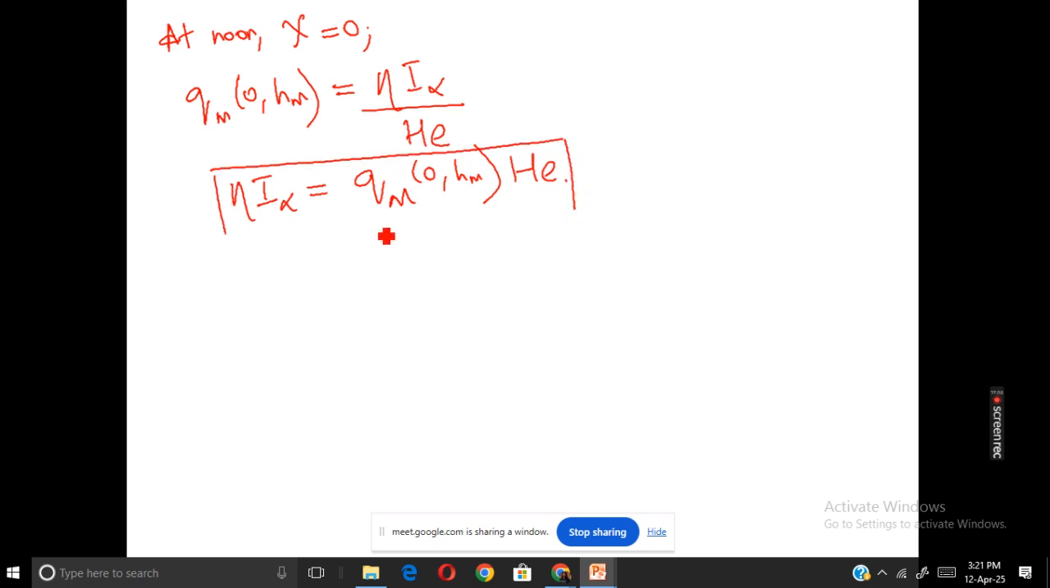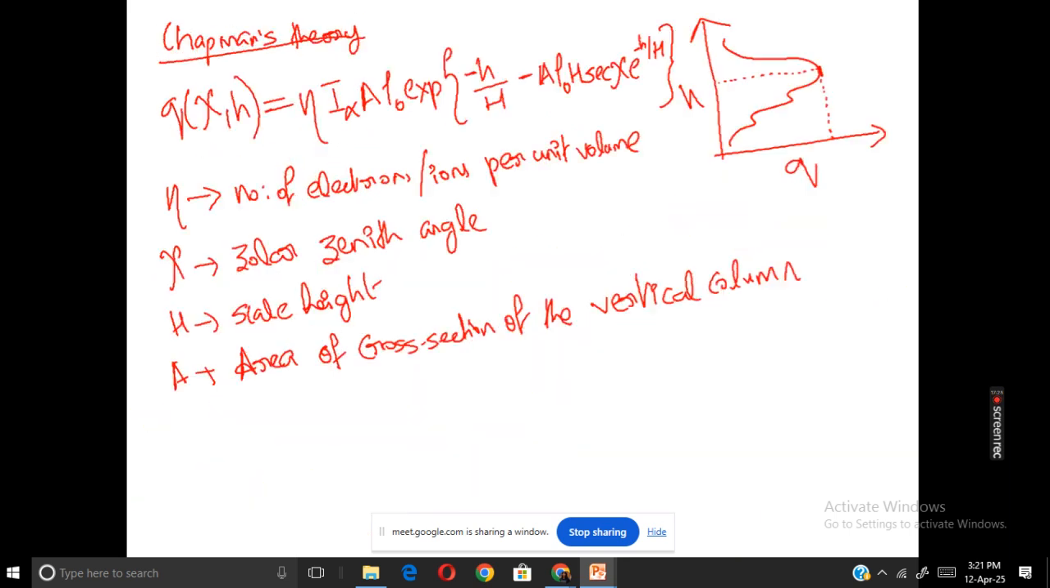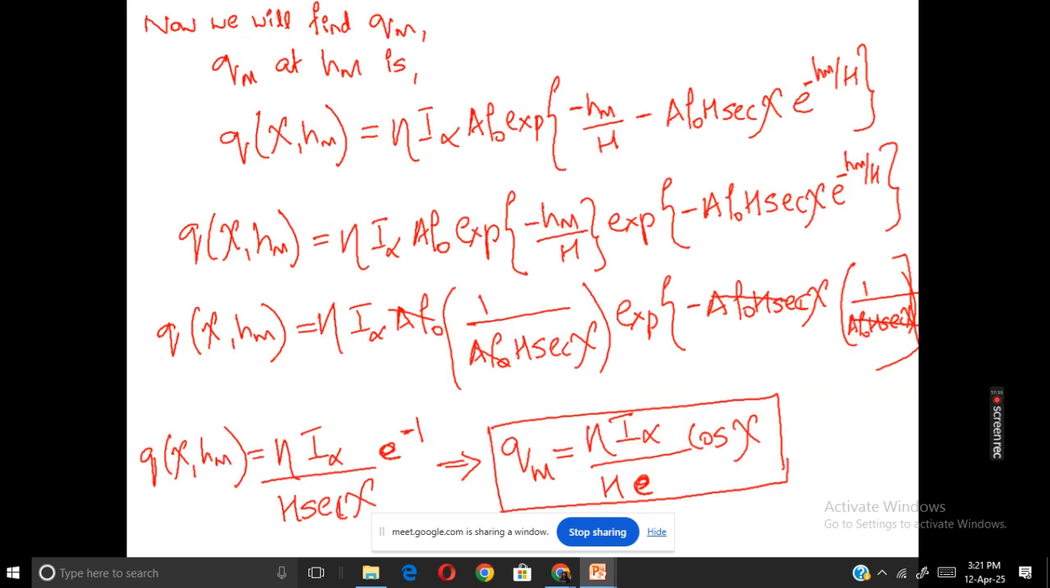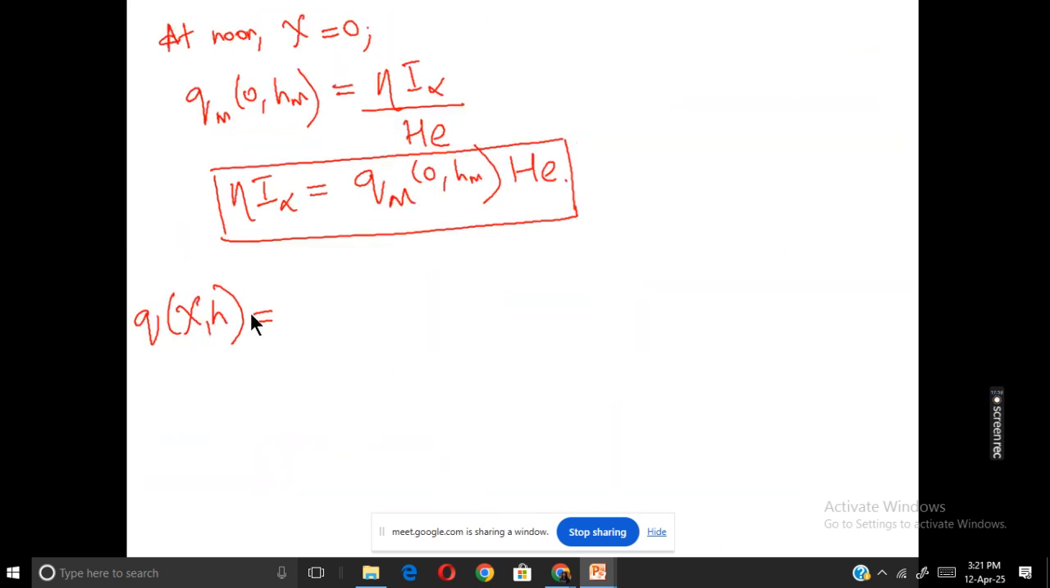So we will simplify the equation that we got for Q of chi h by substituting some of these relationships. So we can write the equation for the production at any height h and at any solar zenith angle chi. So eta infinity is there in that term, right? We just saw eta infinity can be written as Qm into h e. So we can substitute that. So the equation will become Q of chi h is equal to,